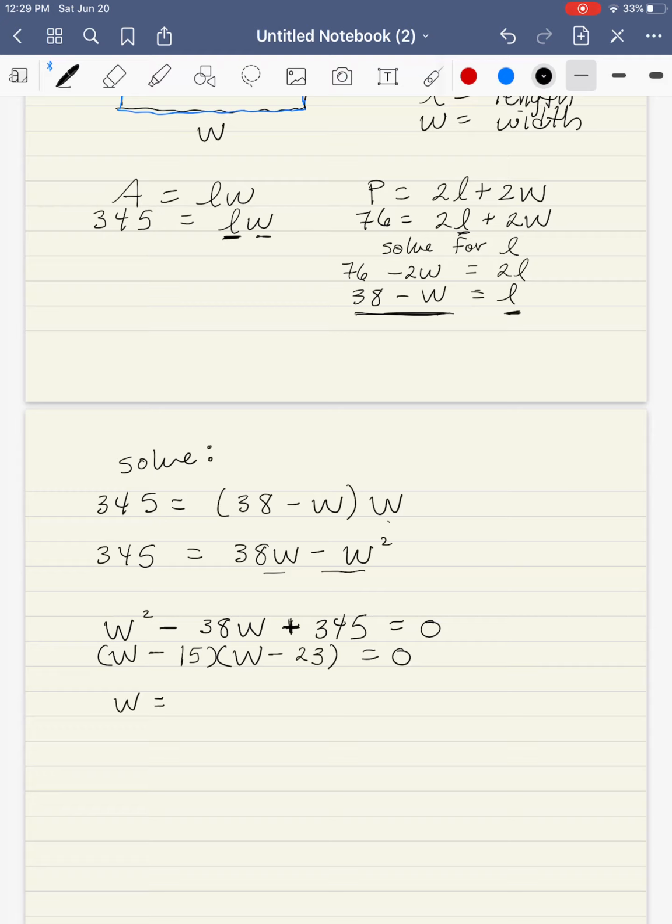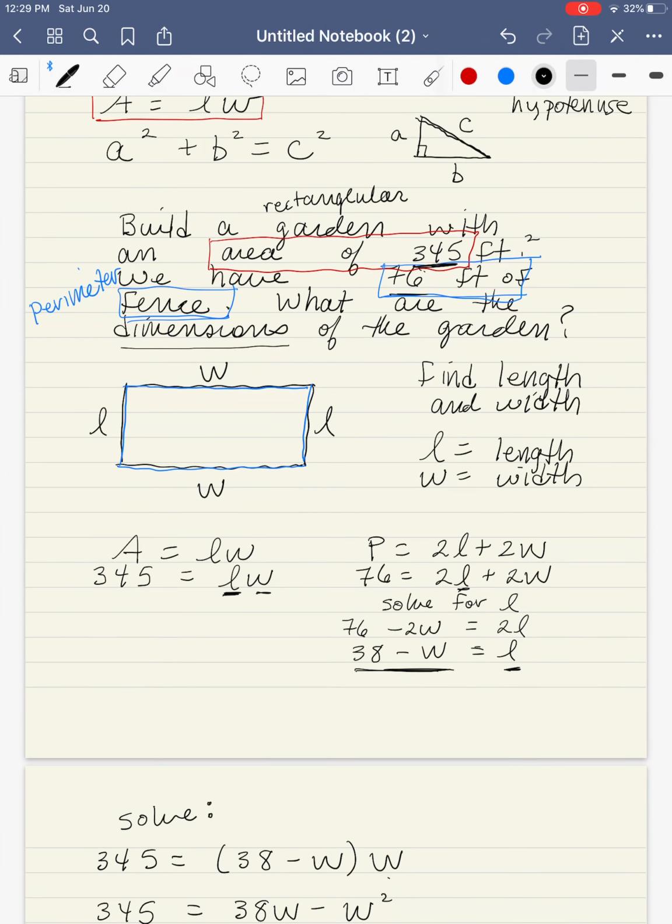Let's see, I'm going to have to play around with that for just a little bit. And I see that I have 15 and 23. So I solve each of those. W minus 15 equals 0, so W equals 15. W minus 23 equals 0, so W equals 23. So I see that I have two different numbers. And when I look back at my original problem,